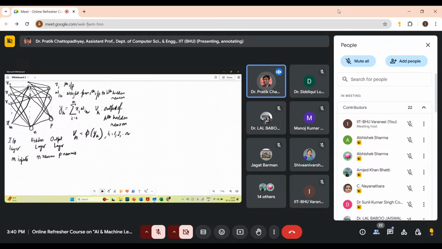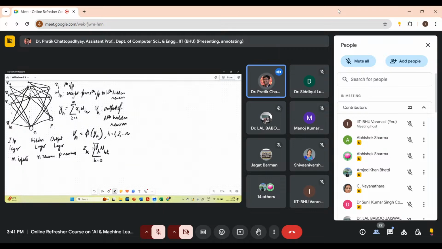So if we compute the weighted summation at each output neuron, let's say we denote that as ZK, for the kth output neuron. So ZK equals VH multiplied by WHK. Is it clear? K is the kth output neuron and H is the hth hidden neuron. So the output from the hth hidden neuron is VH, that is multiplied by WHK, and that is summed over all H equals